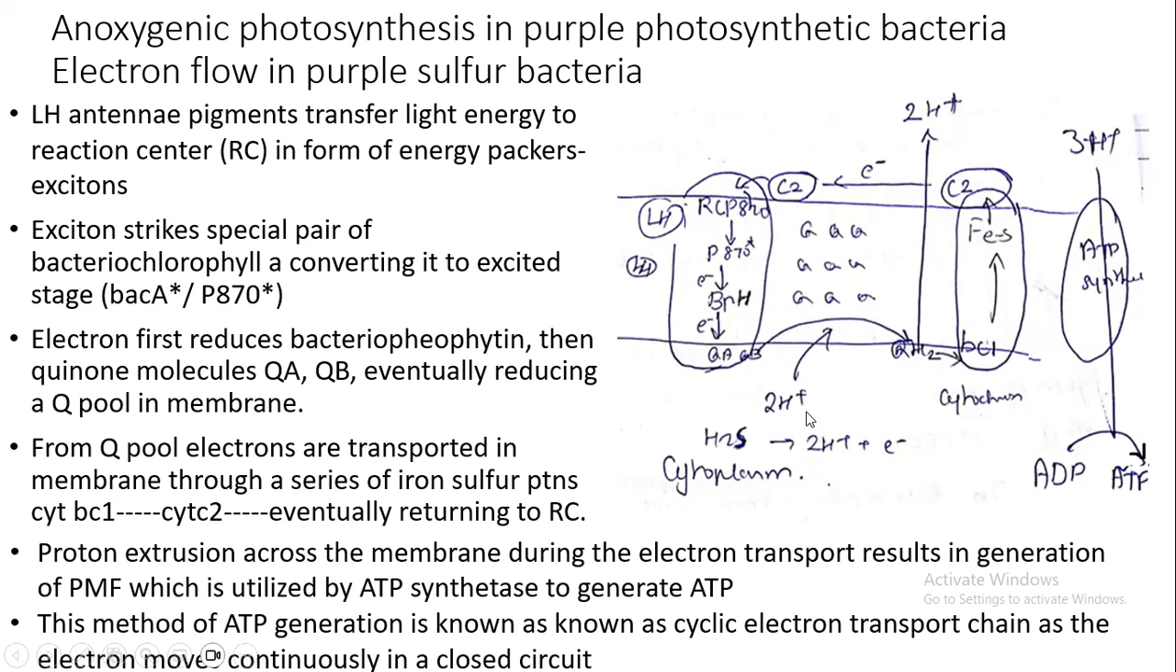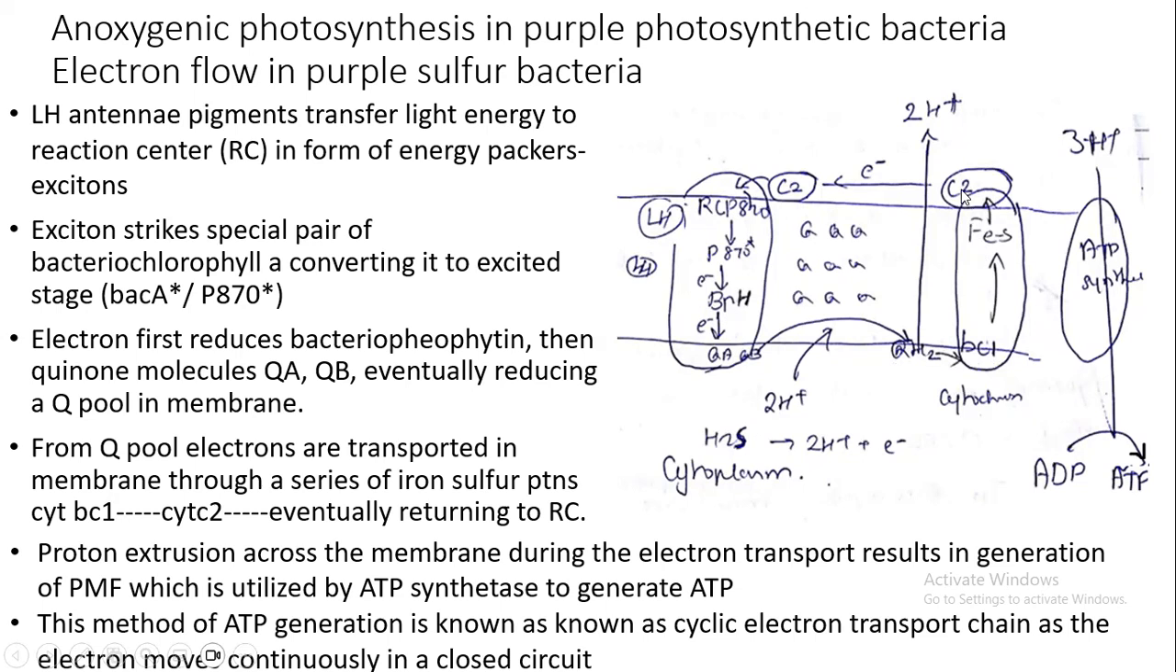So here in anoxygenic photosynthesis, the H plus ions that are required for reduction of quinones are obtained from other compounds such as hydrogen sulfide. So oxygen is not released during the process. From the quinones, the electrons and protons will be transferred to cytochrome BC1 complex